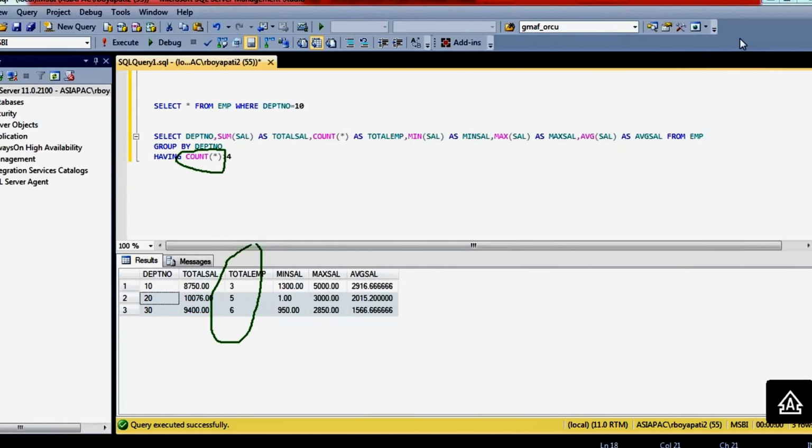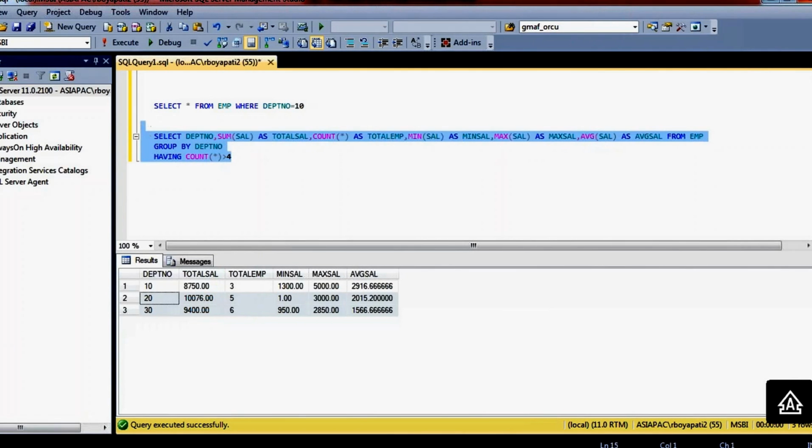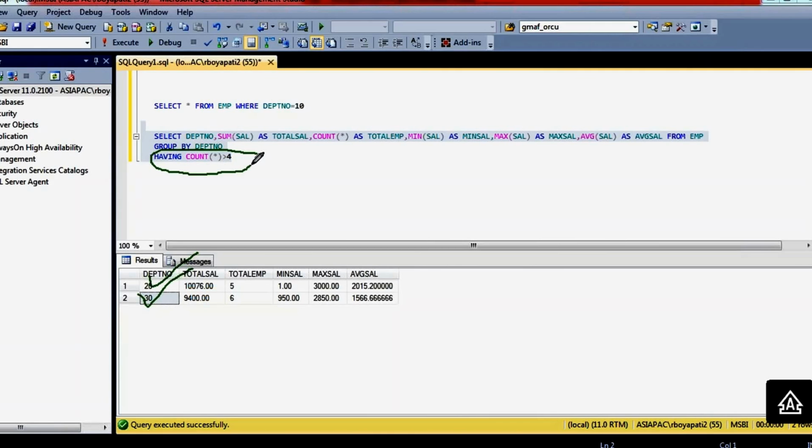If you execute this query, see, department number 20 and 30 only are coming. The reason is that you have written the having condition: I want only the aggregated value, the total number of employees, for departments having more than 4. So only these 2 departments qualify.